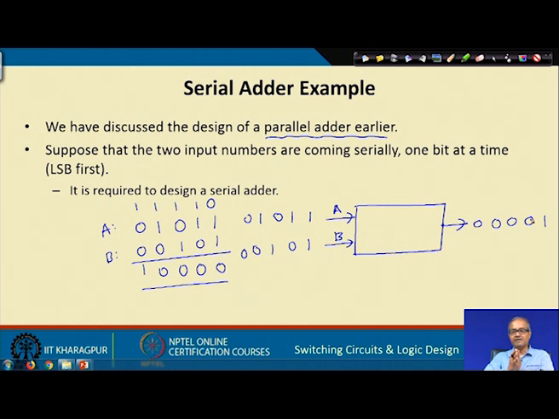So, if you think how this circuit should work, suppose you are a serial adder, you just imagine yourself to be a serial adder, where the bits are coming one by one. So, if I tell that well the next pair of bits are 1 and 0, what should be the output? Well, your question will be, well, I cannot say what will be the output unless I know what is my carry, because I also have to add the carry, right, to A and B to get the next sum. So, you will have to memorize the carry. There has to be a flip flop inside your circuit which will be memorizing the last carry,